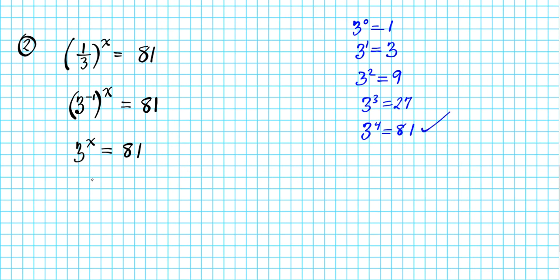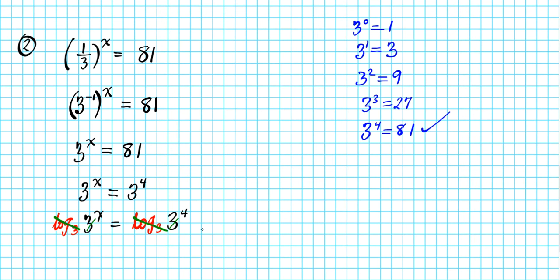So we're going to rewrite this equation as powers of 3 on both sides. So 3 to the negative x is equal to 3 to the fourth power. And then if we take log base 3, just to show you the steps, you don't have to do this. Take log base 3 on both sides of the equation. That shows you what's going to happen next. Taking log base 3 of both sides of the equation eliminates the bases of the exponential terms that we have on both sides, like that, and we're left